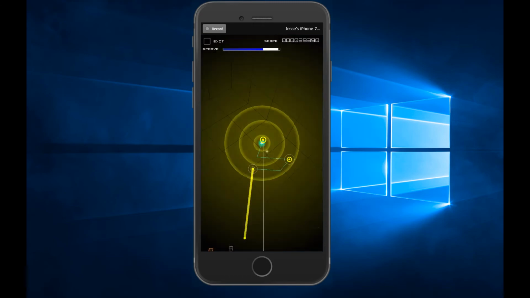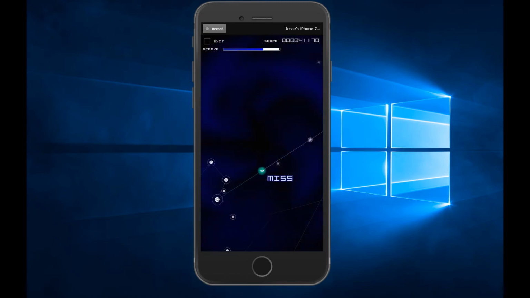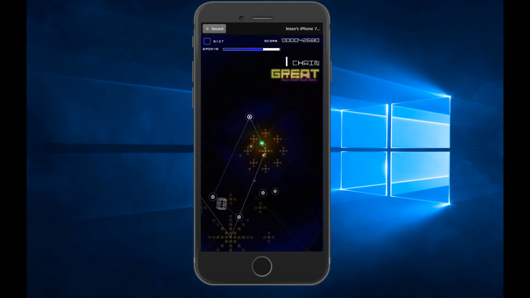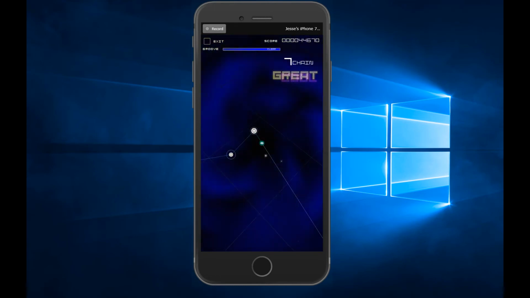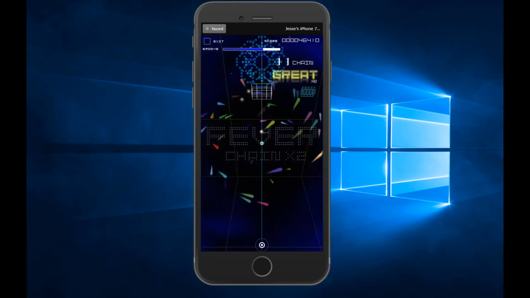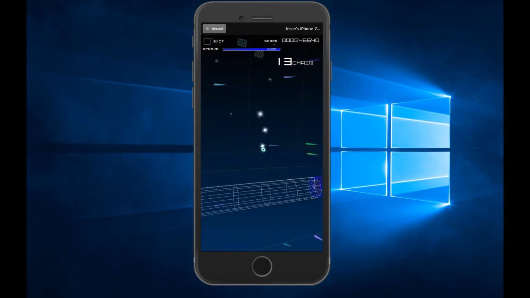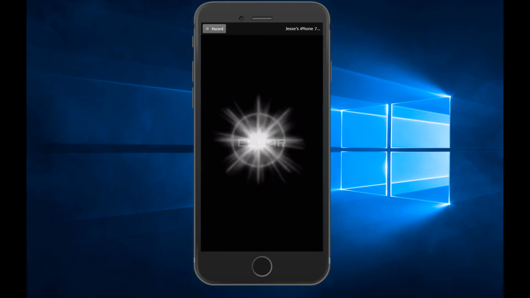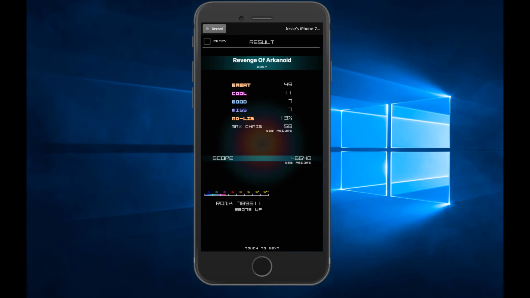Oh, see that one? They're looping around on themselves, and it was hard to tell. I was like, oh god, what the hell's going on here? Hold on. Oh, is that it? Okay. Weird. Okay, well, even on the lowest difficulty, some of these later songs are getting a little tricky.